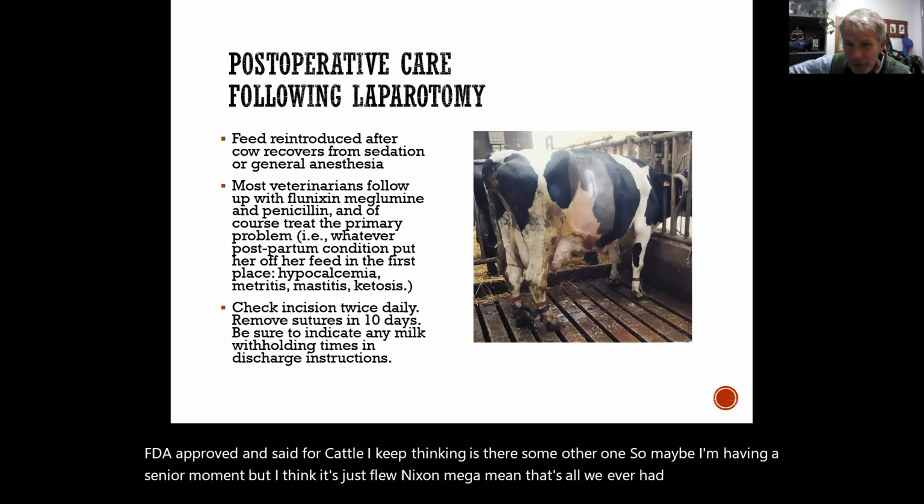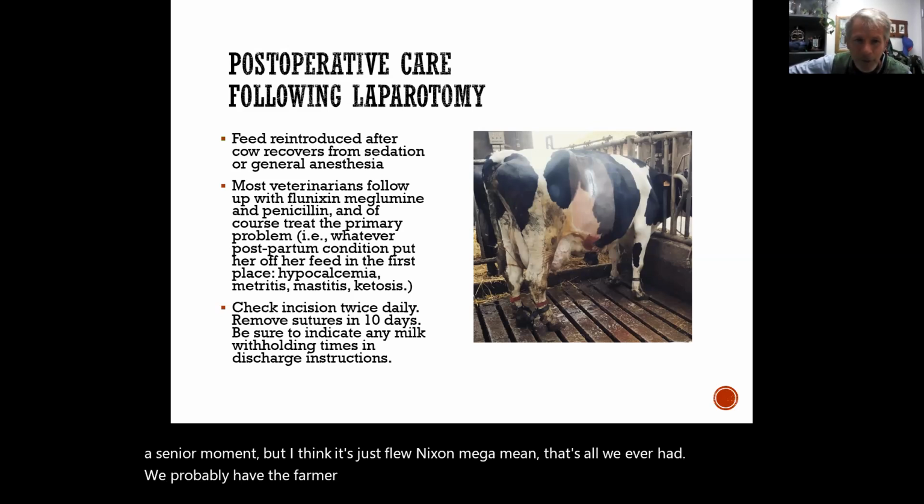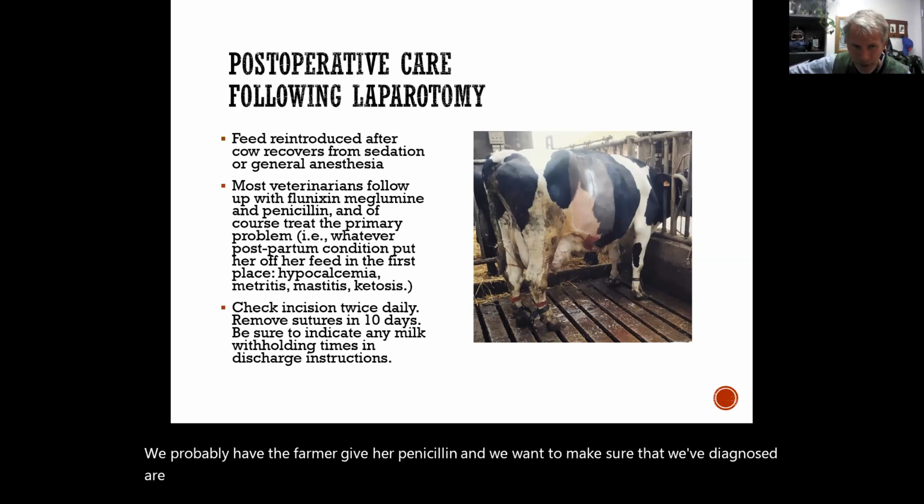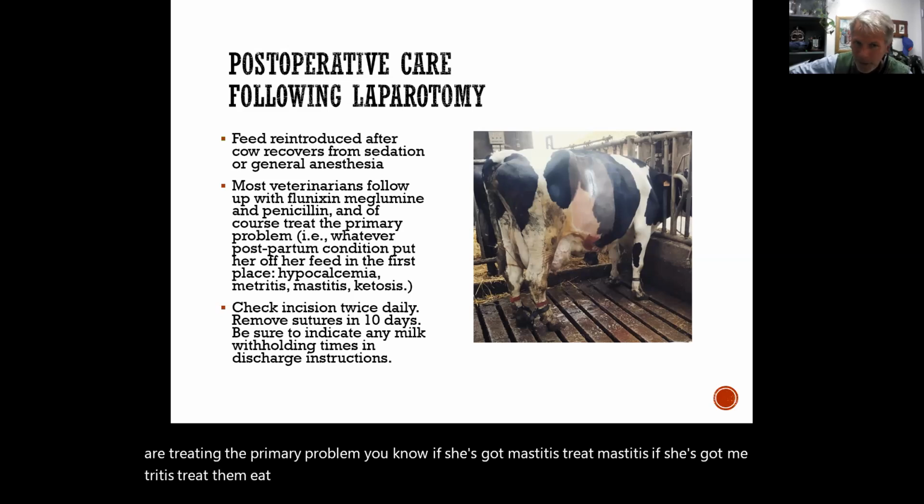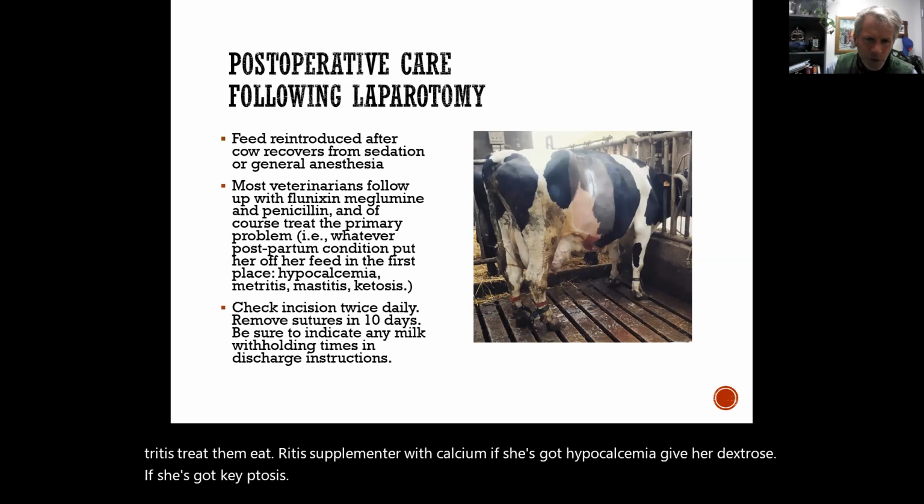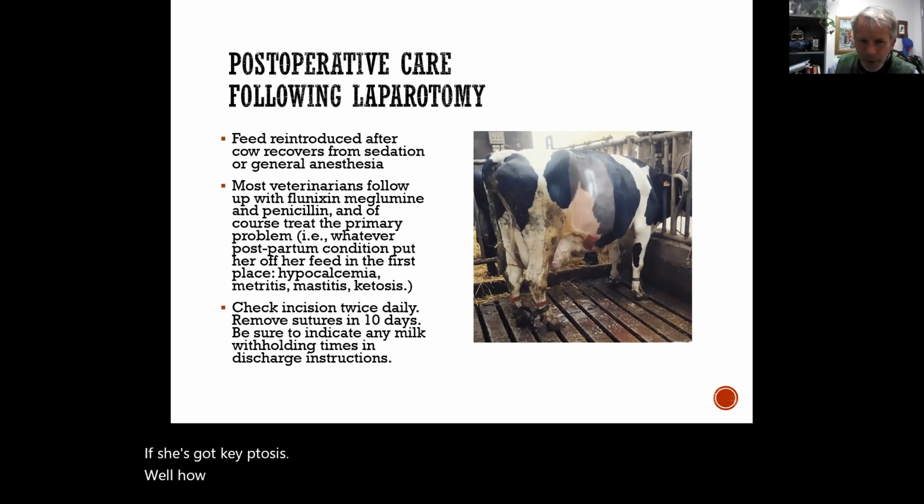We'd probably have the farmer give her penicillin, and we want to make sure that we've diagnosed and are treating the primary problem. You know, if she's got mastitis, treat mastitis. If she's got metritis, treat the metritis. Supplement her with calcium. If she's got hypocalcemia, give her dextrose. If she's got ketosis, we'll have the farmer or one of his employees